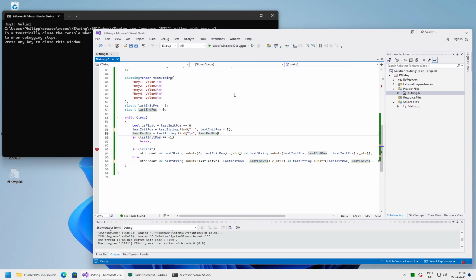Well, you could do that, but then if it would be the very first character and you start with 0, you would omit it. So if we wouldn't have key, the whole string would start with double point, it would fail. It's better to increment it after the loop finished. So add a line 67 and then increase the variable by 1. Or you could actually assign last int pos with the value of last end pos. Then you don't search through a part of the string which you don't need to search through. You just need to do it after you're done.